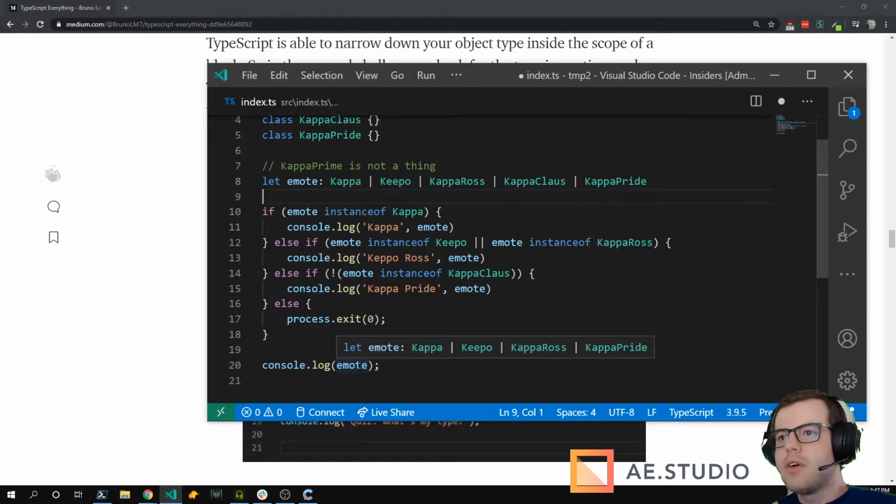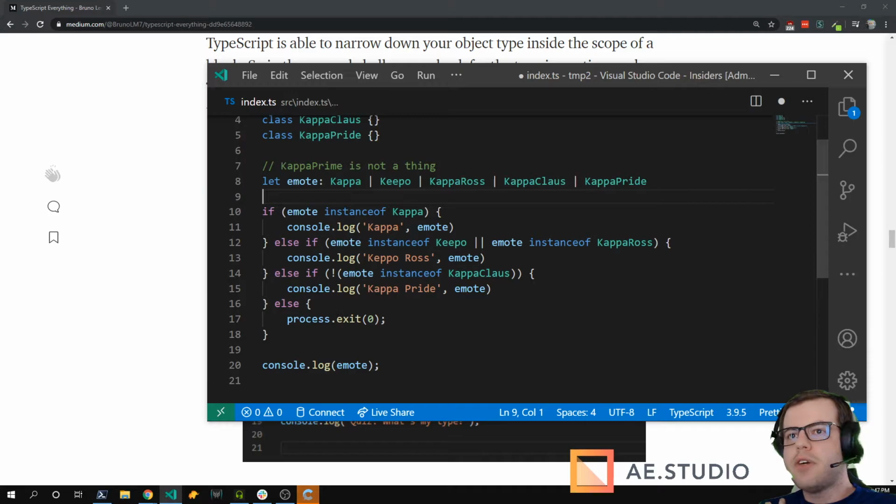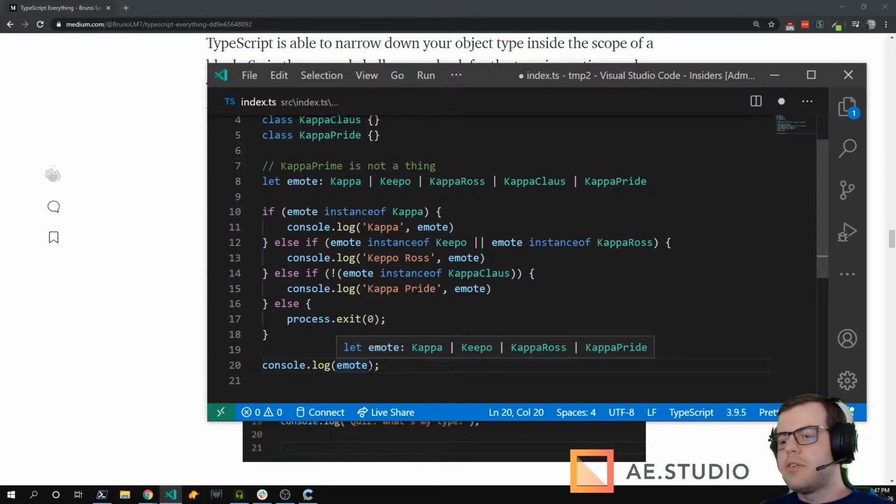It cannot be kappa clause, because if it's kappa clause, it exits the application. So it's never going to be kappa clause when it reaches this point in the code. And you can easily see because TypeScript tells you. You don't have to figure it out.